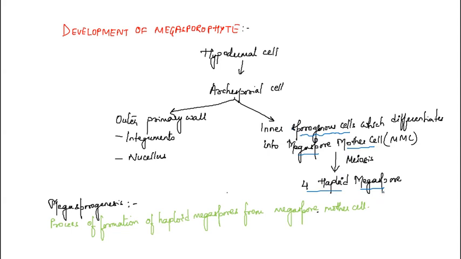So megasporogenesis is the formation of haploid megaspores. The megaspore mother cell will produce its daughters known as megaspores. Now the outer primary wall is also known as the parietal layer. So the wall layer will be known as the parietal layer. What is it forming here? Integuments and the nucellus. Integuments will be outer and the nucellus will be towards the inside. So the formation of megaspore, here we can say that this is the sporophytic generation.